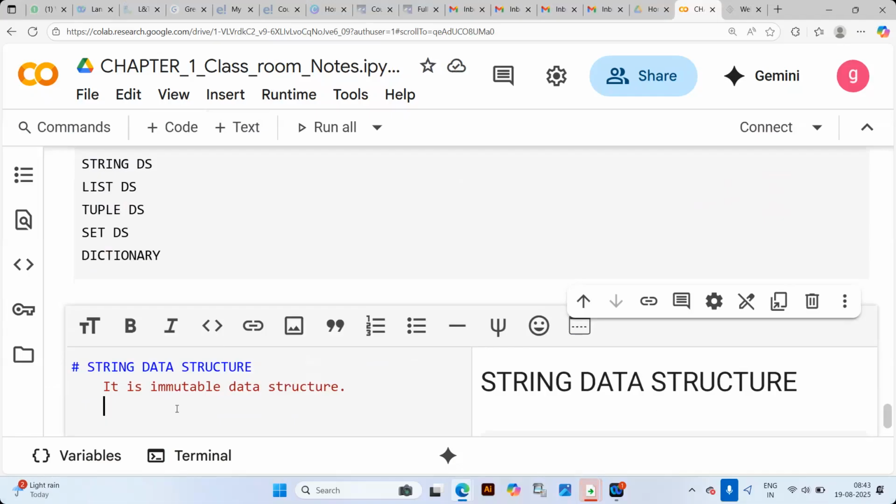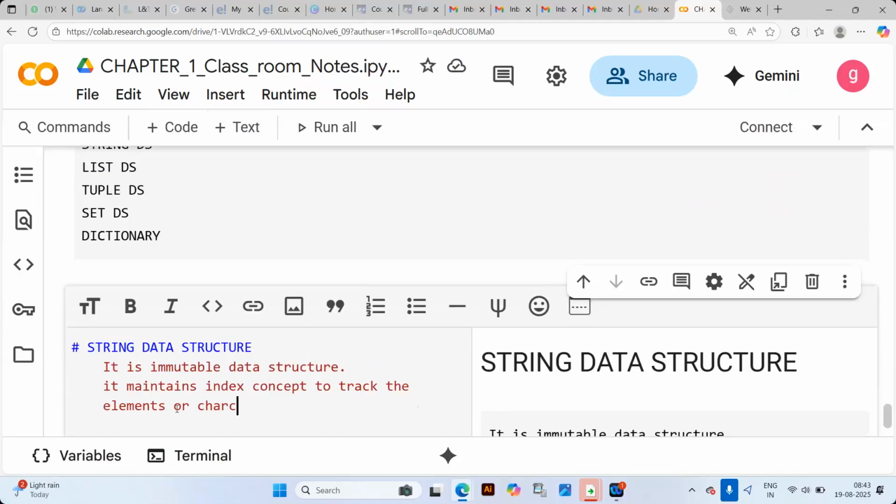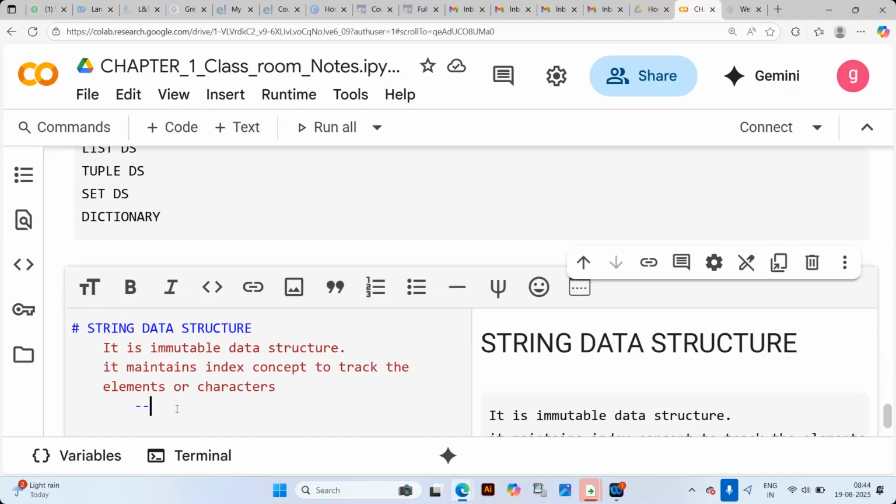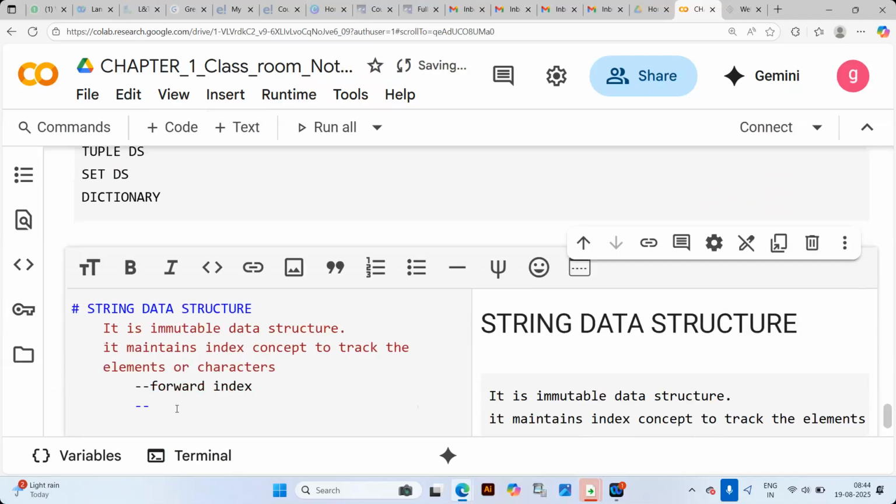It maintains the indexing concept to track the elements or characters, which means strings allow forward index and backward index.